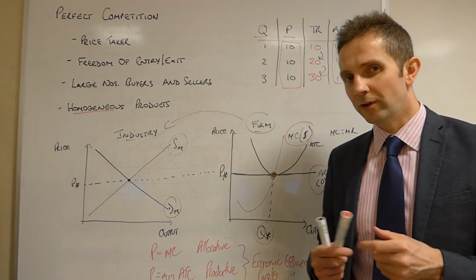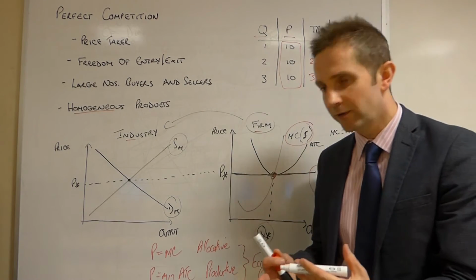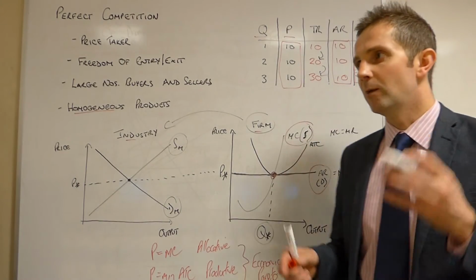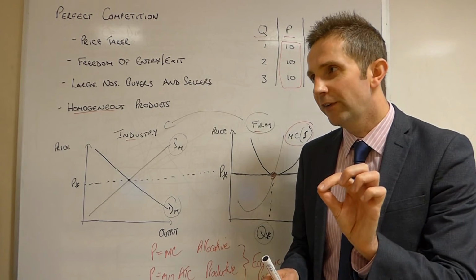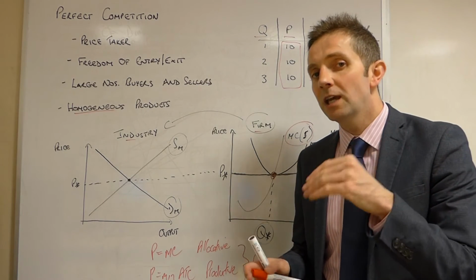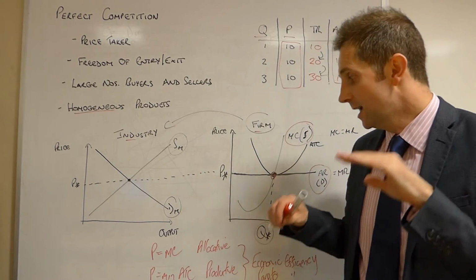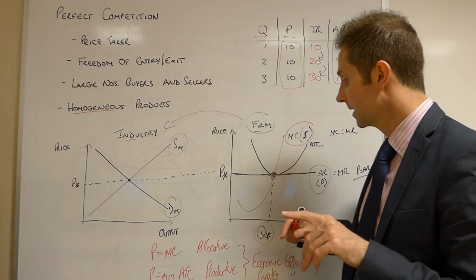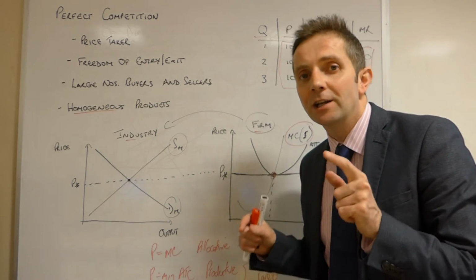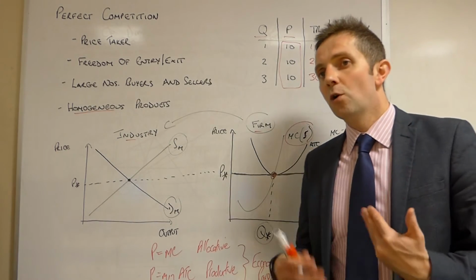Now, normal profit, some people look at this and think, well, cost equals revenue, how can that be profit? This is normal profit, and what we mean by normal profit is this. It's a sum just sufficient to keep the incumbent firms, those firms already in the industry, going in the industry and not wanting to leave. But similarly, it's not high enough to attract outsiders in. And so it's normal in that respect.